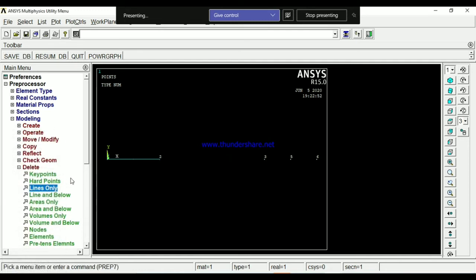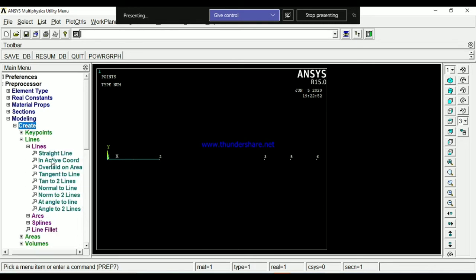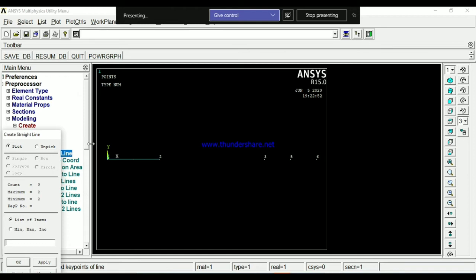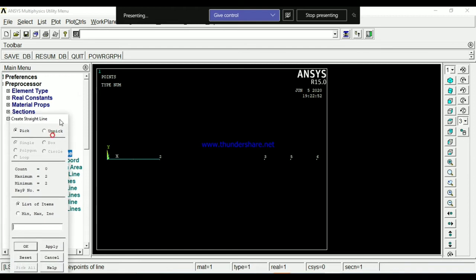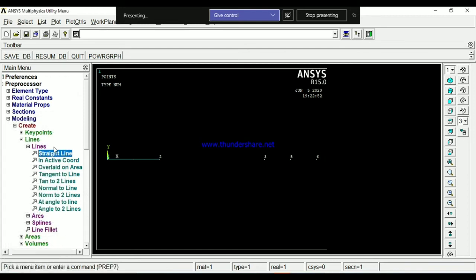Okay, I want to create the attribute. I want to change it here. Just I delete it here. Then once again go for create. Okay, lines. So before creating lines I want to change the